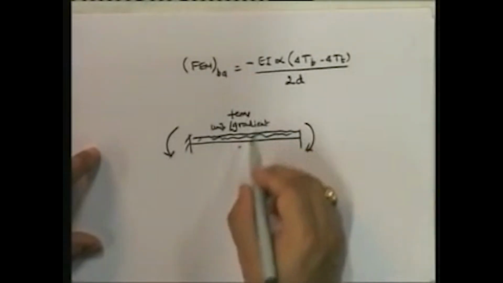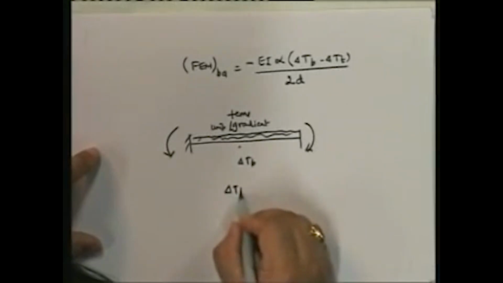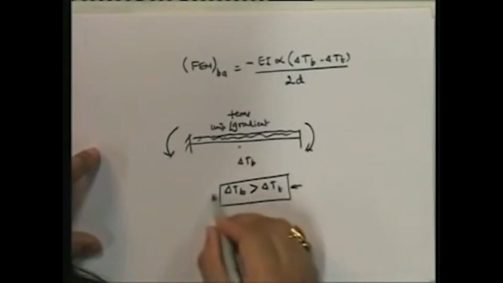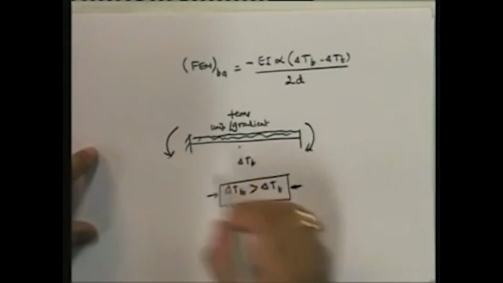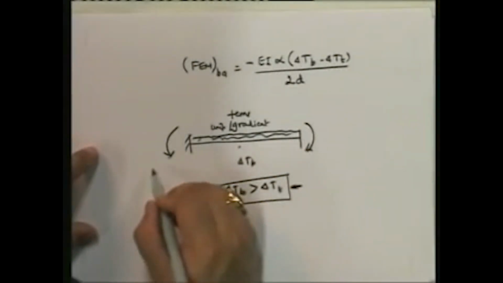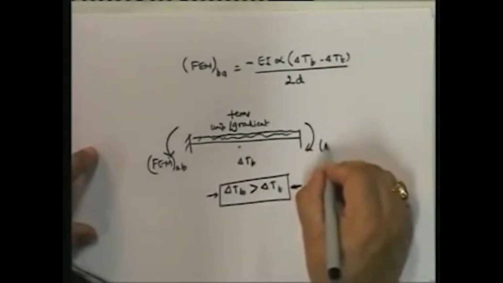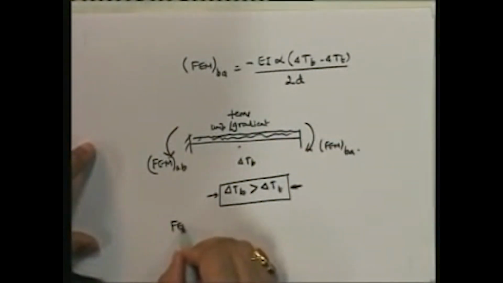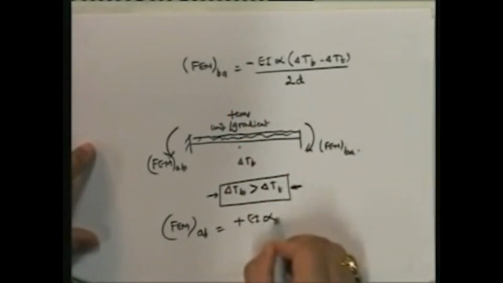And so if we show it for uniform temperature gradient where delta B is greater than delta T. In fact, the temperature differential at the bottom is greater than the temperature differential at the top. Then we have, and it's uniform across the entire length, then we get fixed end moment AB and fixed end moment at BA equal to, I'll just write it down. I've got BA over there. AB is equal to